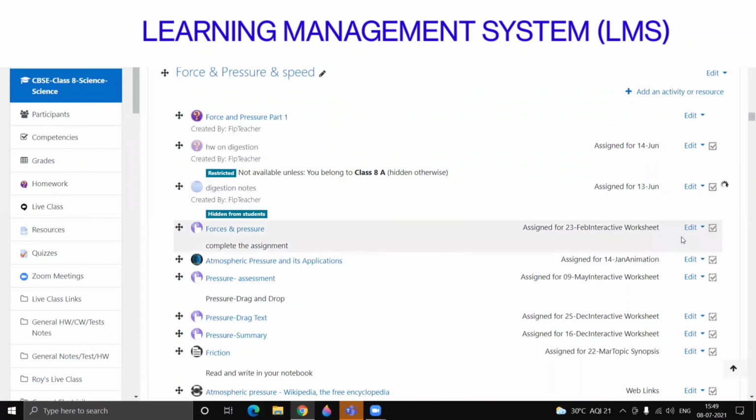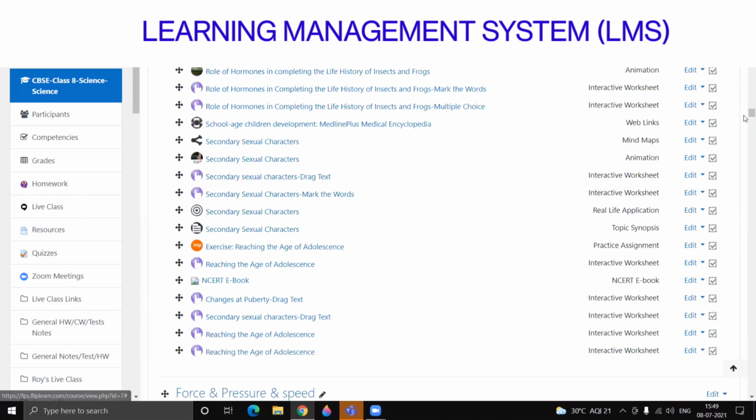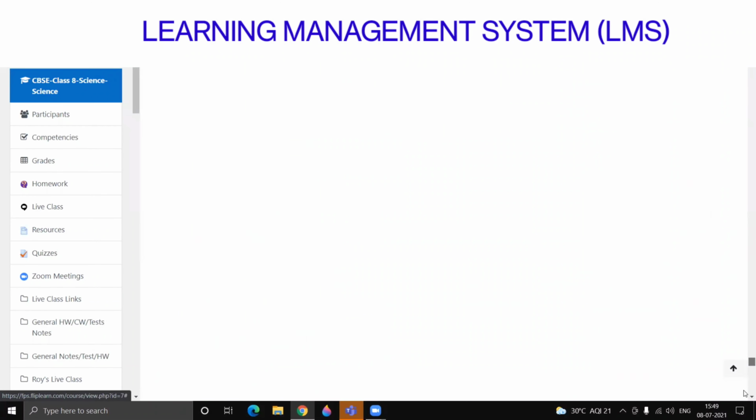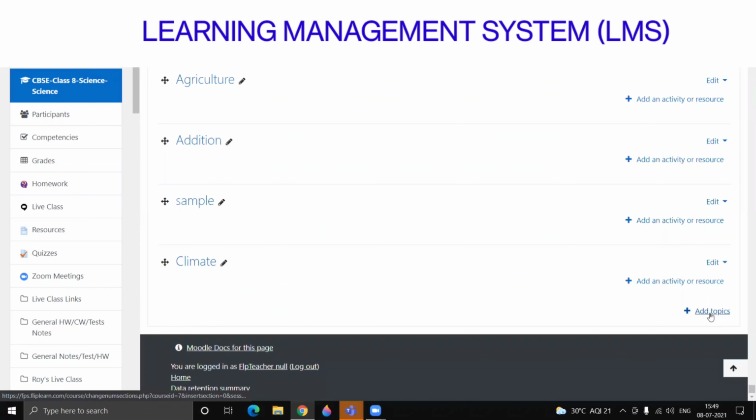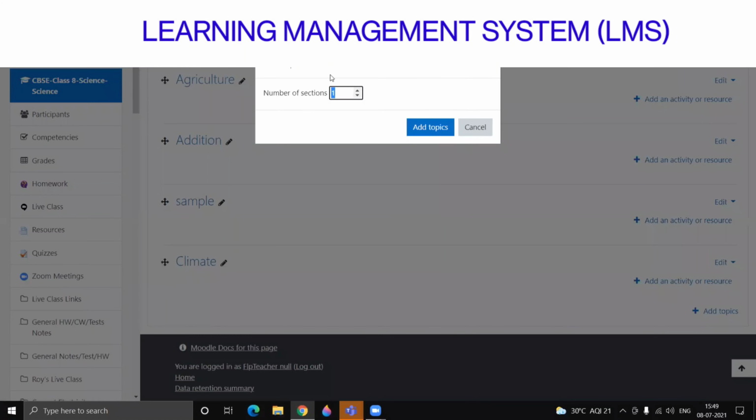And suppose the teacher wants to add her own chapters, that's also possible. She can create her own chapters and customize them according to her choice. So I go with add topics and I want to add a topic. However many topics I want, I can add. Click on add topics. Once you add,